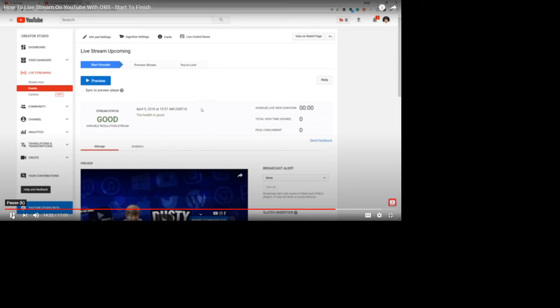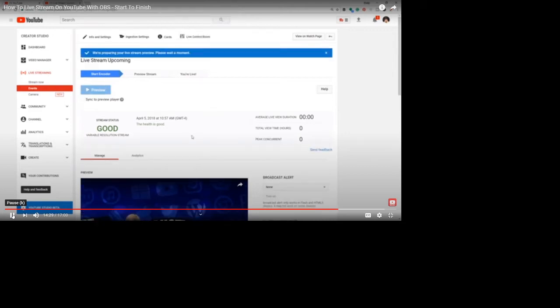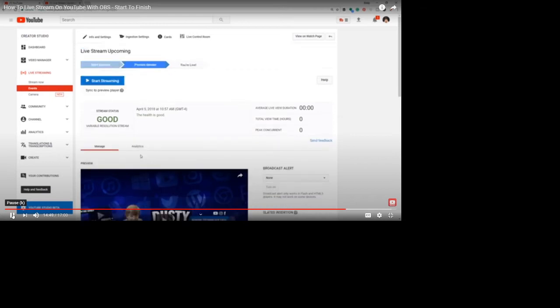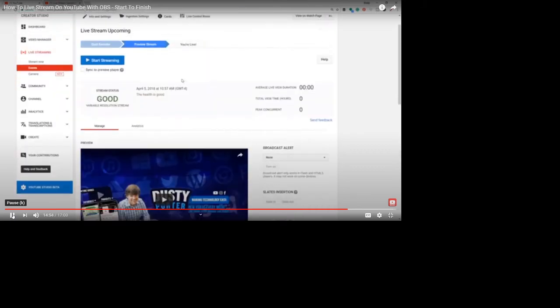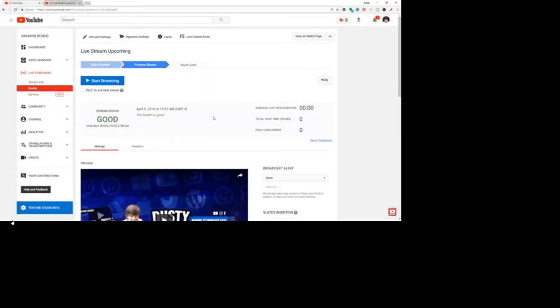Now, the next thing you want to do is preview your stream. So click the blue button there that says preview. Are you sure you want to preview this live event? Click OK. Give it a few seconds, maybe even a minute, depending on the power of your machine. A lot of this may vary depending on the power of your PC or Mac and also the speed of your internet, so remember that. If you want to discuss bitrate and OBS and all of that good stuff, I have tutorials on all of that I'll link below and in the annotations. So now that you can see everything is going good, the health is good, they're getting the feed, everything looks good. When you're ready to go,